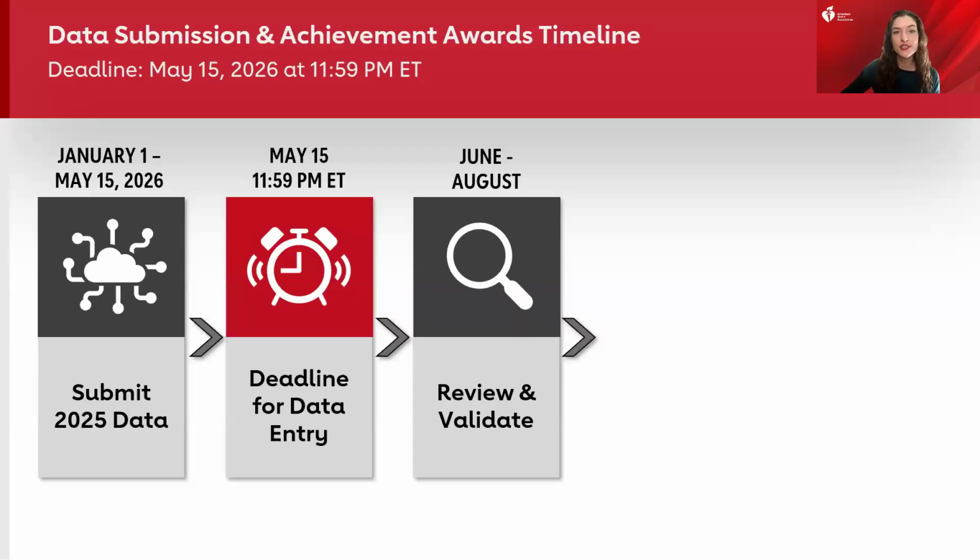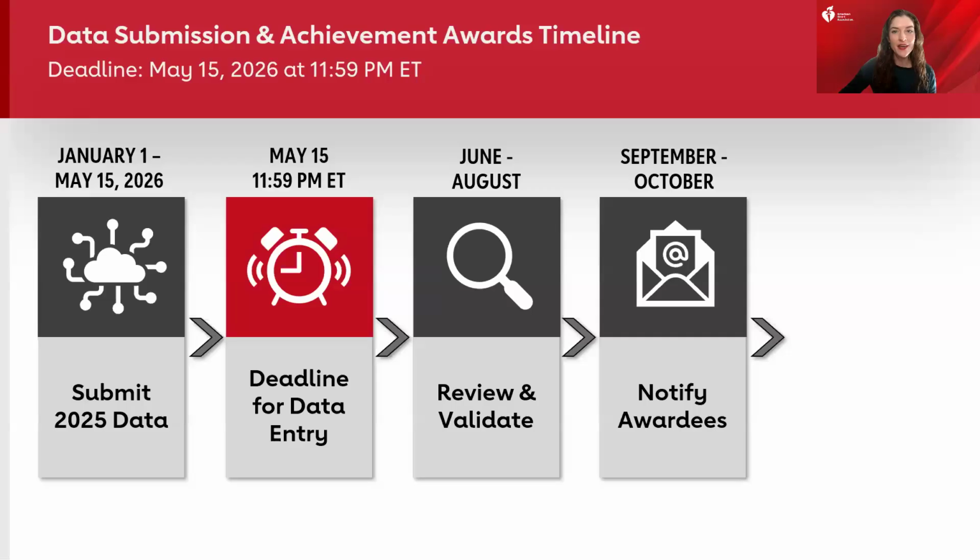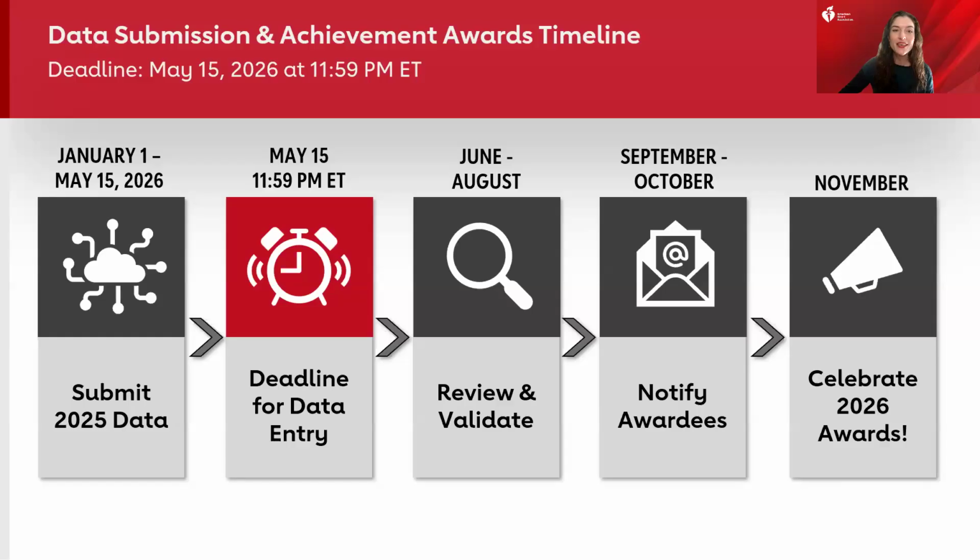Next, American Heart Association staff will be reviewing and validating the data submitted to classify awardees by award level. You might hear from us during that time, which is mostly in June, if we have any questions about your submission, and your response will help us confirm your appropriate award level. During the fall, we'll then notify 2026 awardees with your congratulations email, promotional toolkit, and celebrate your accomplishments on our program websites. The recognition doesn't end there. We do have additional opportunities to highlight awardees at scientific sessions and at certain local and regional events.